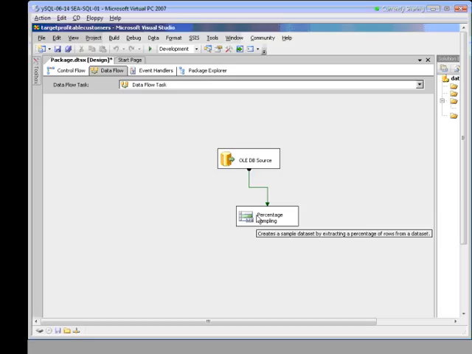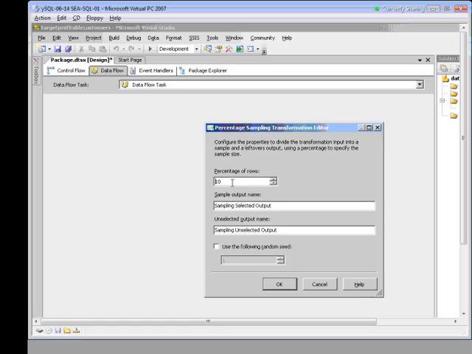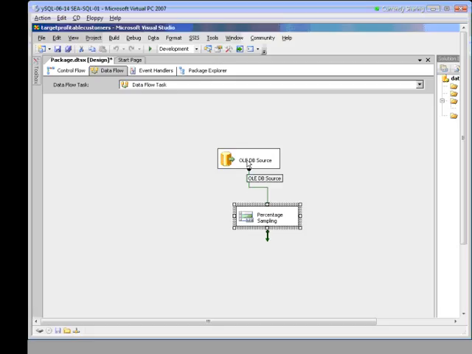The percentage sampling transformation takes the specified percentage of your data and correlates it to an output. The remaining data is then submitted to another output. For our project, we want to use our standard 10% here. So double-click on that, and notice by default we get 10%. I could change this to whatever I want. And I've got both a sampling output and a sampling unselected output that the information will go to. Now I could, if I wanted to, set the randomization, and I could also see the randomizing counter as well. All right, so far in the design surface, I've created a source of data where we're going to pull our data from, and this percentage sampling function.